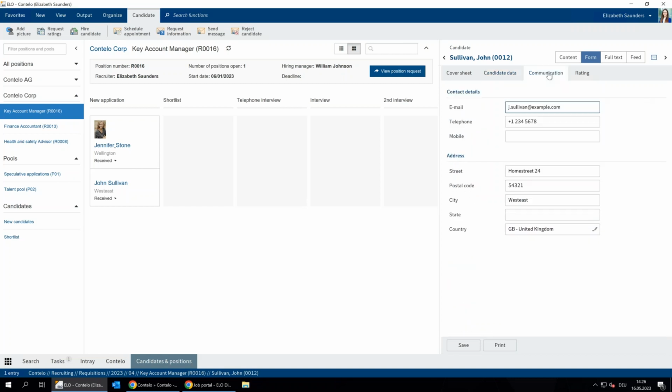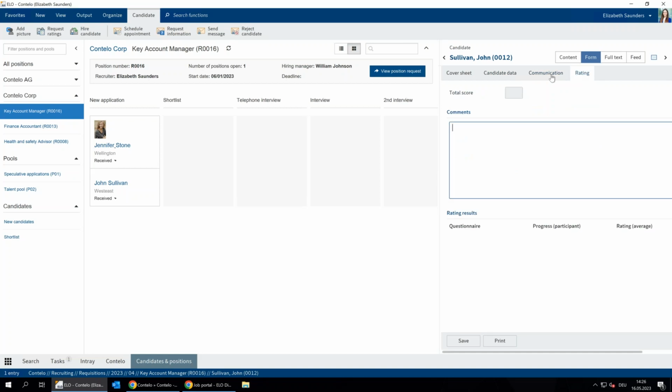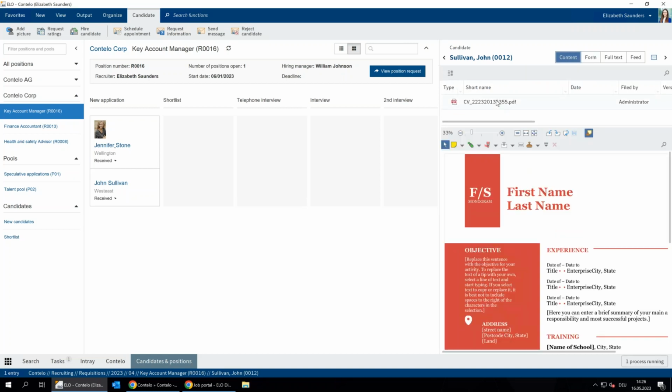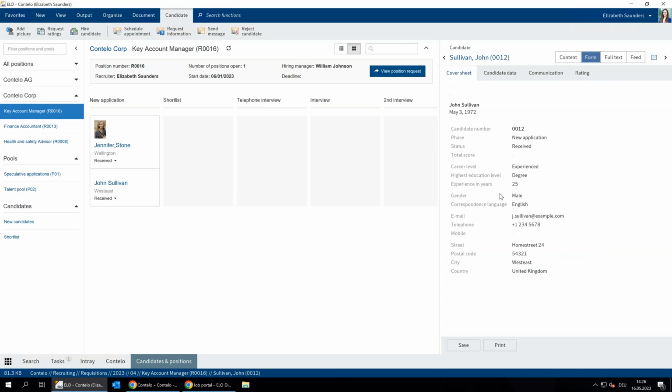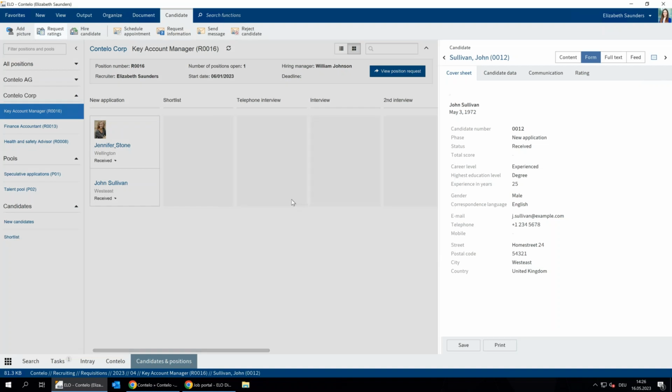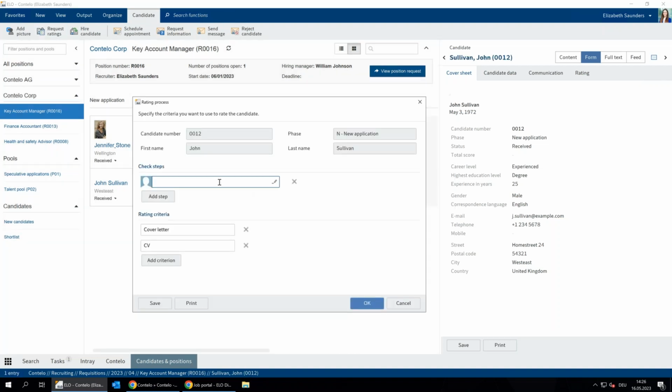Here's his communication information, and here's the rating information as well. Same as with Jennifer Stone. And in the content tab, we can see that he has sent the same CV. So I will request the rating for John Sullivan as well for the application documents from William Johnson,